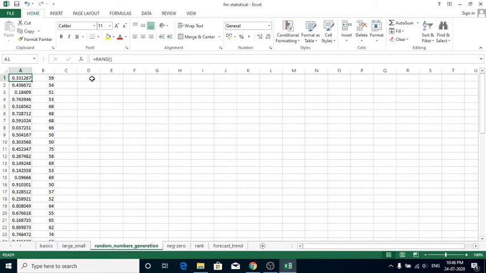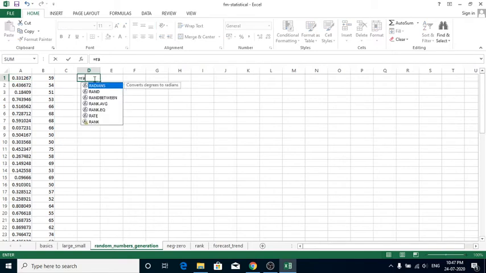This RAND function doesn't have any argument to pass, so simply put equals RAND, bracket open, bracket close, and press enter. Now you will get a result which will be between 0 and 1.